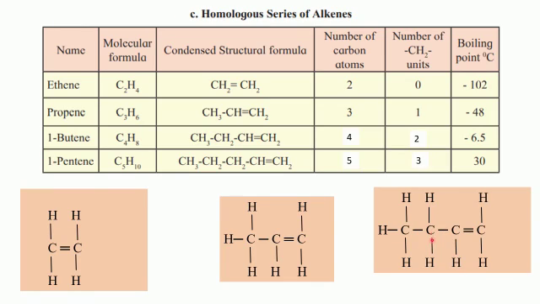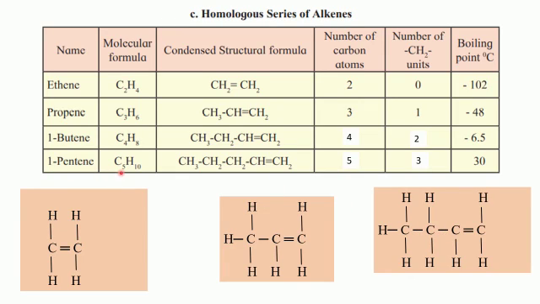Here we have one unit. This is second unit. So there are two CH2 units. Because this carbon's valencies are all satisfied by single bond. This carbon also, all valencies are satisfied by single bond. This with hydrogen, but you have to take into account the other two. They should also be satisfied by single bond.